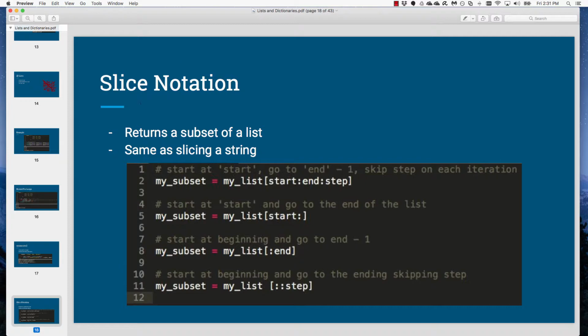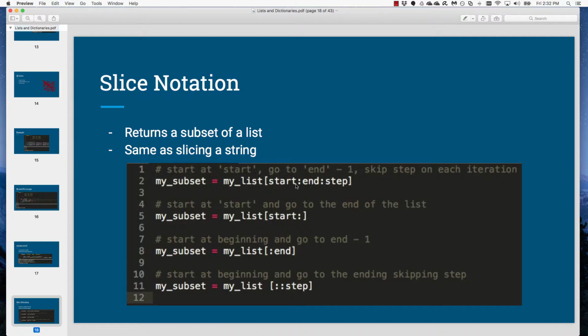So this next slide talks about slice notation. Slice notation, we should already be familiar with from slicing strings. It's the exact same thing. A string is essentially a list of characters. The slice notation can be extended to lists, and then we're just slicing out elements within the list. So I have the abstract syntax written here. There's lots of different ways that we could use it. The full way, the one that uses all the possible parts, is we specify the list that we want to slice,